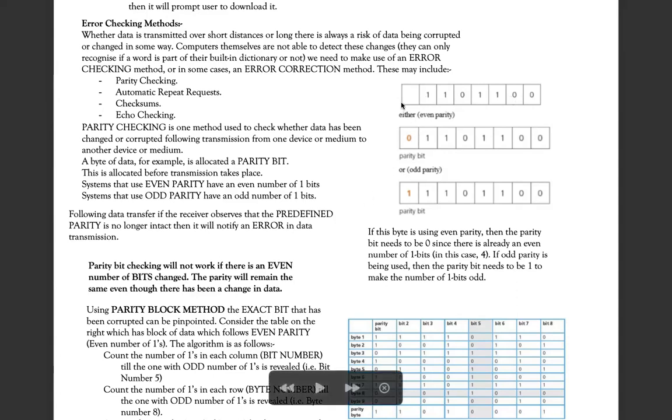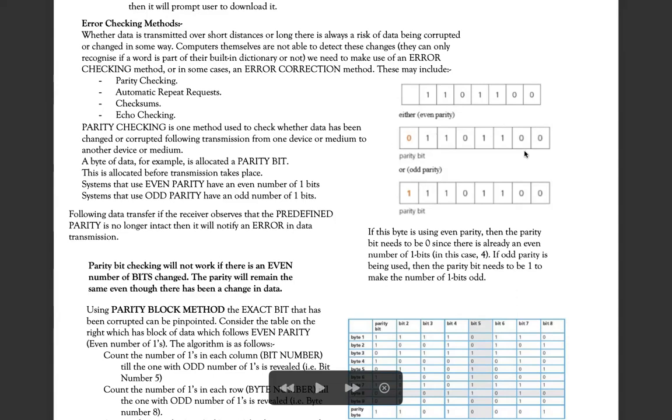However, if the agreed parity was odd, then using this data I will have to add another one here to make it odd. That's why for odd parity, I will end up with this value over here. This is my odd parity data transmission. Now, whether it is even parity or odd parity, what's important is that my receiver will also receive the